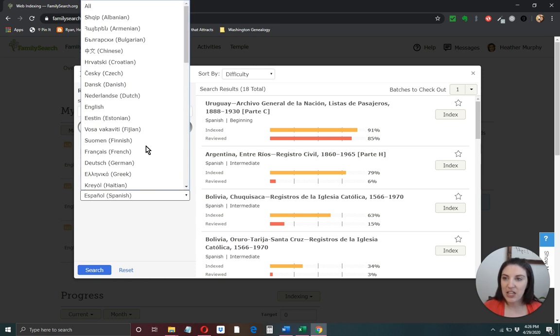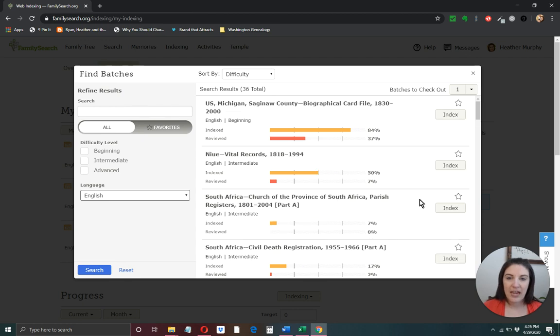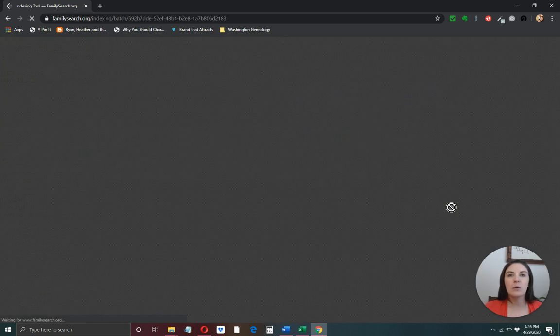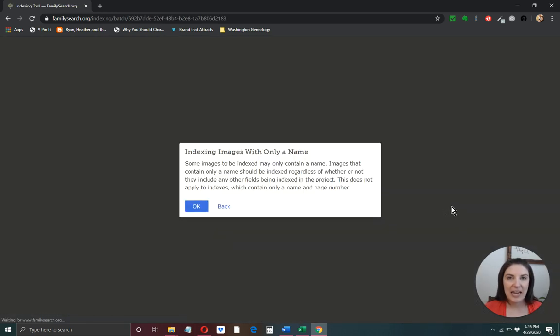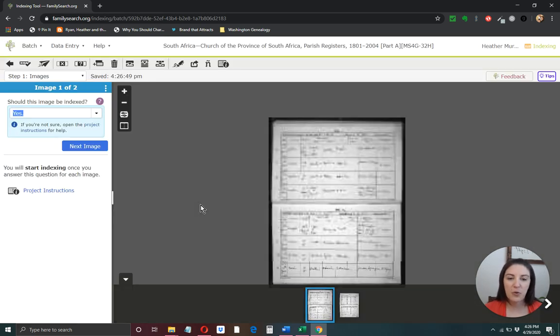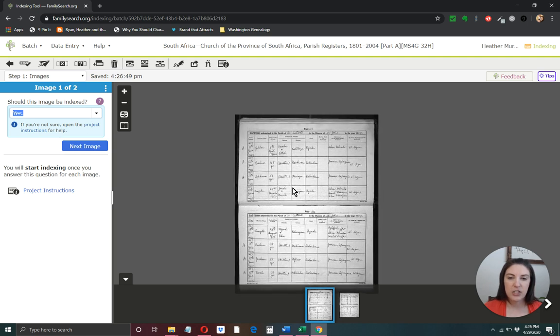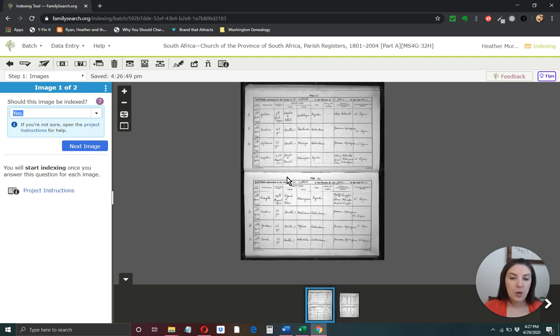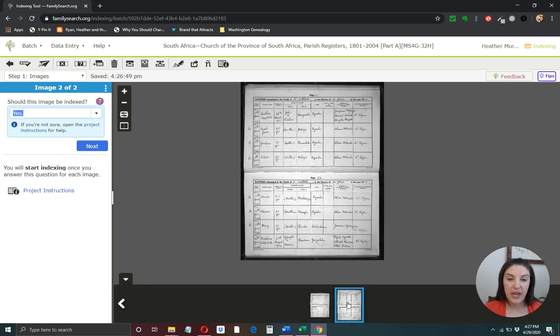Let's go back to English records and pick one. Let's do these South Africa parish registers, and then just click on Index. That will download a batch to your account, and batches are usually 2 to 4 images, somewhere in that range. Here with these parish registers, they have normally 8 entries to each page, and then we have 2 pages of